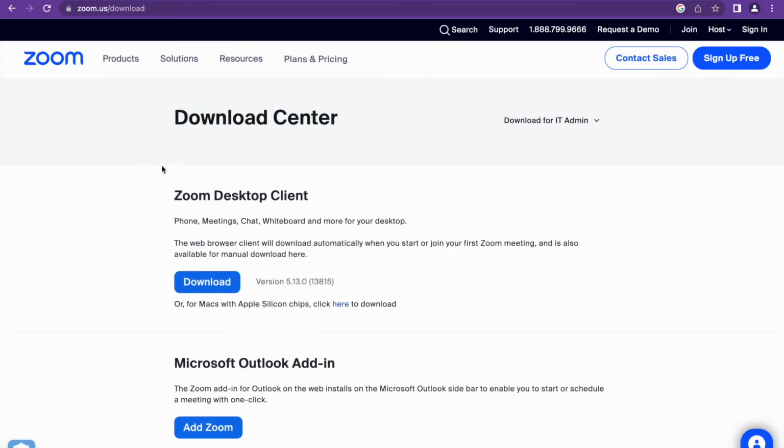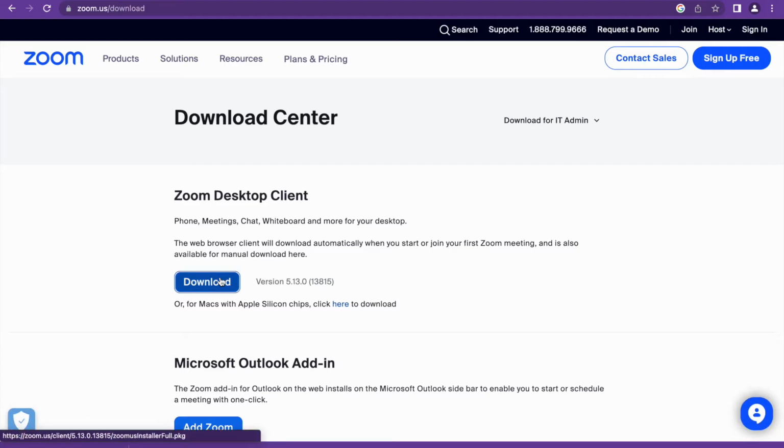and now here, as you can see, the Zoom desktop client, so you can download it from here. This is for Mac, so you can download it from here. It's been downloaded, so go to open,